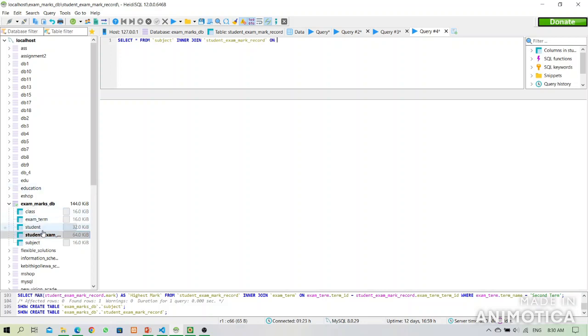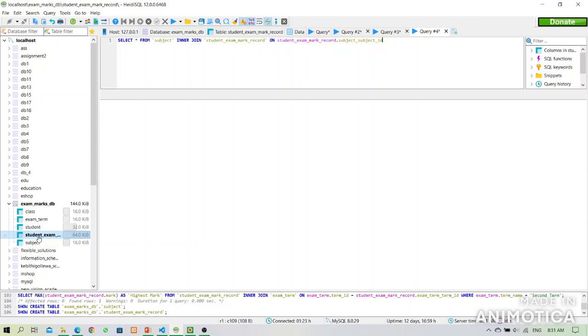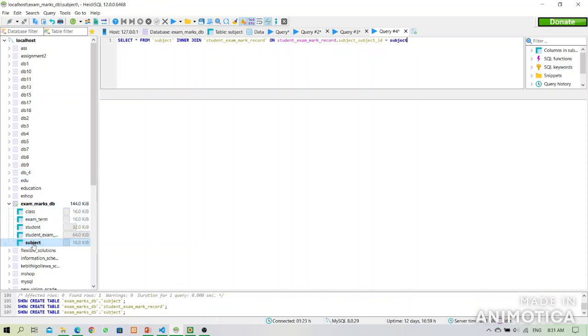On student exam mark record dot subject id equals subject dot subject id. Here we have to give the condition now where